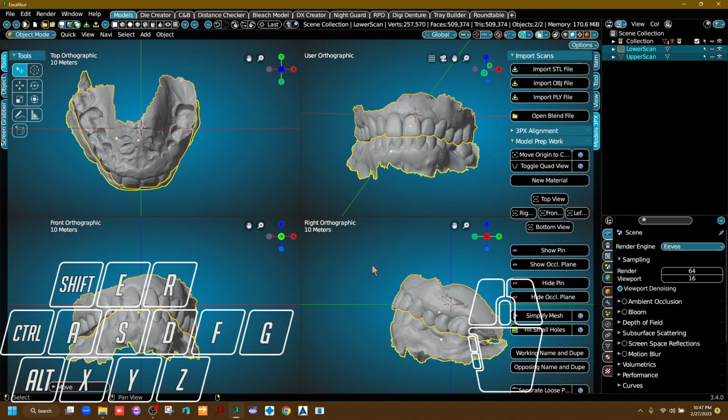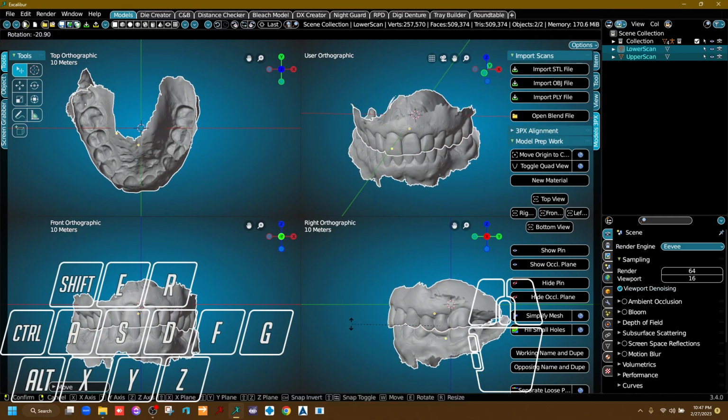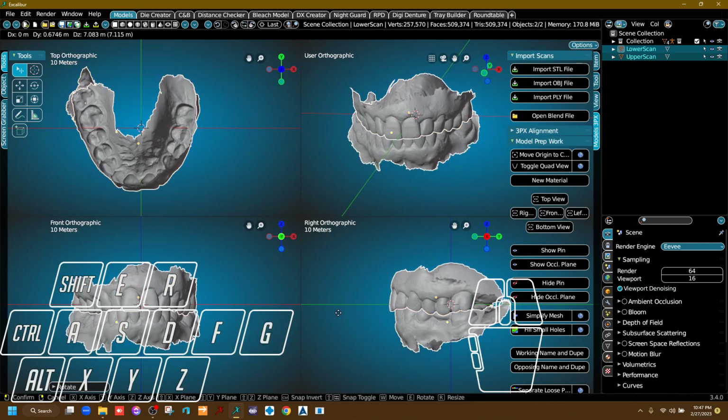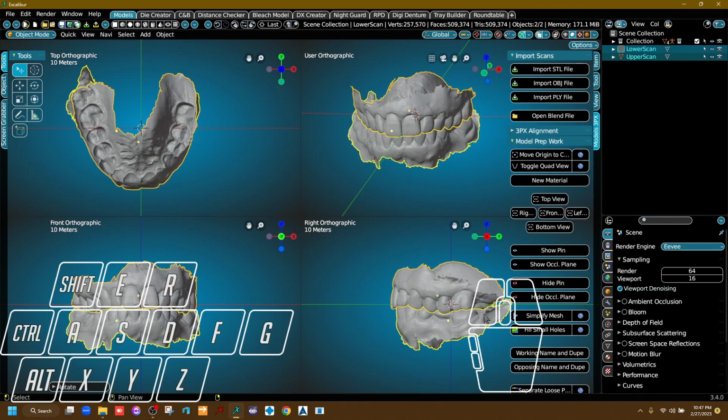So I'm just going to make that green line, the Y-axis, into where I would want my plane of occlusion to land. So I'm just going to rotate this, bring it down a little bit, and use G to grab it and move it up. I'll rotate it back up a little bit. That's pretty good. Now, this doesn't have to be absolutely perfect, but what will happen essentially is we're going to